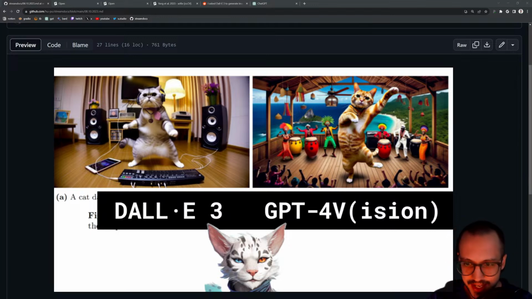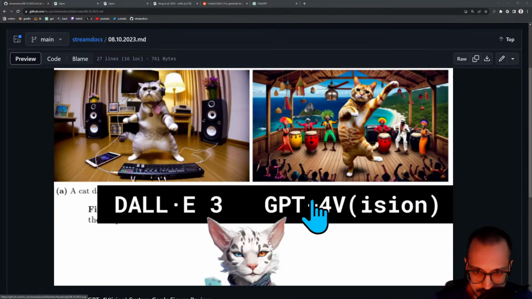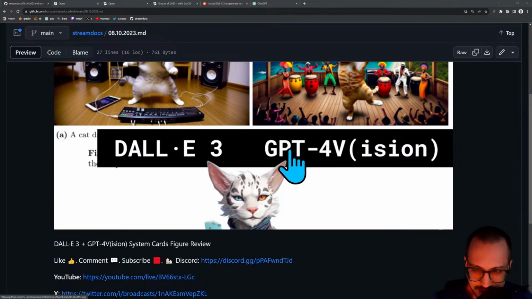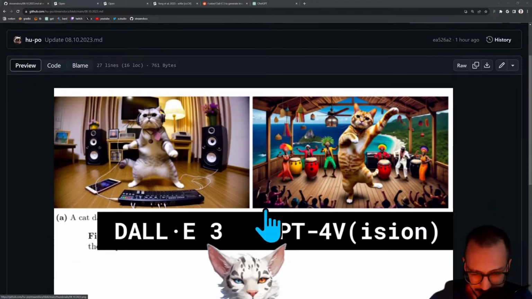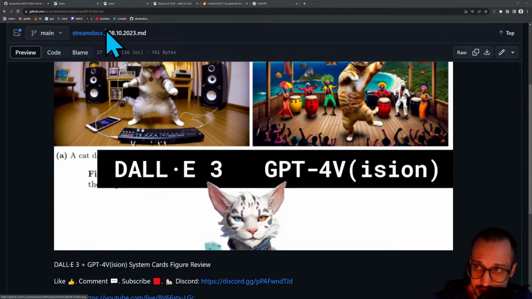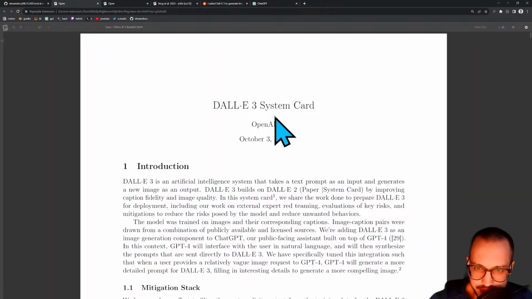Today we're going to be looking at DALL-E 3 and GPT-4 Vision. These are some of the most powerful image models in the world right now. Both of these are models by OpenAI, which is everyone's, I guess, least favorite AI company, most favorite AI company. I'm not exactly sure. But OpenAI, known for being very secretive, don't really tell you much, but they did release